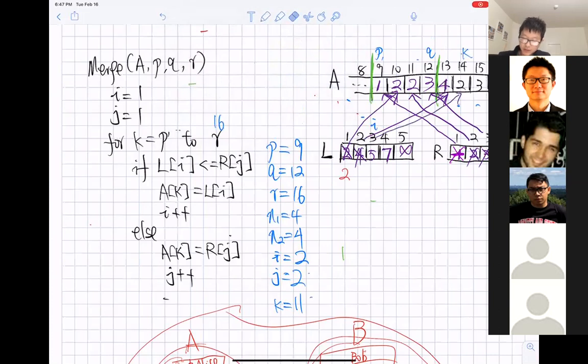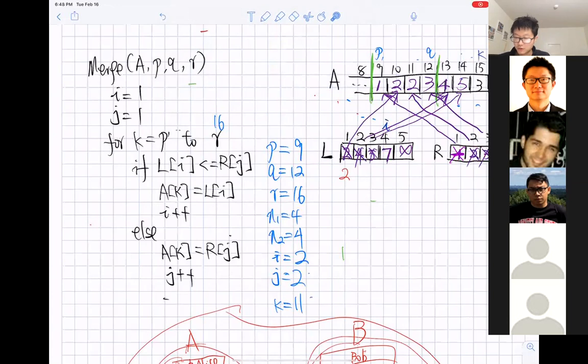So it has a new value, 5. Next, we are going to increase I and K by 1 correspondingly. So in the next iteration, we're going to compare Li with Rj.